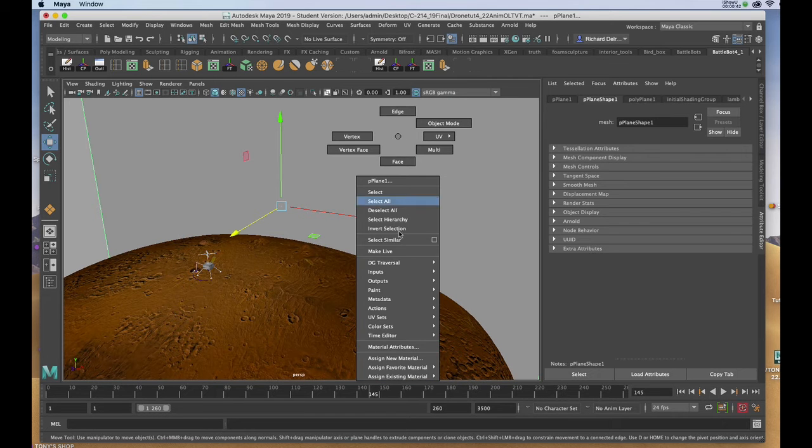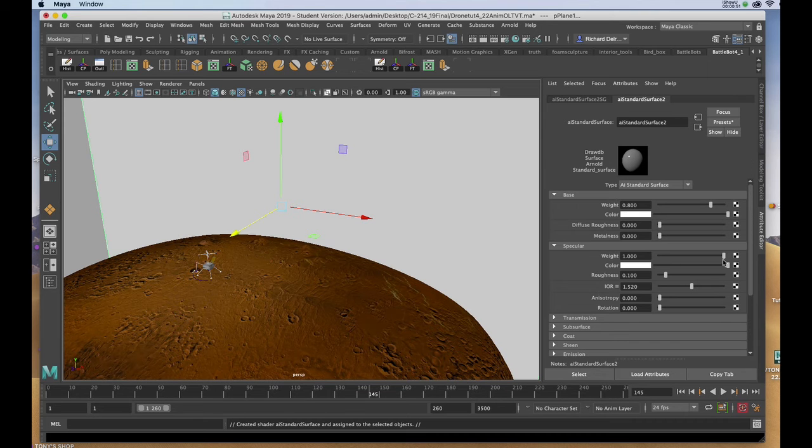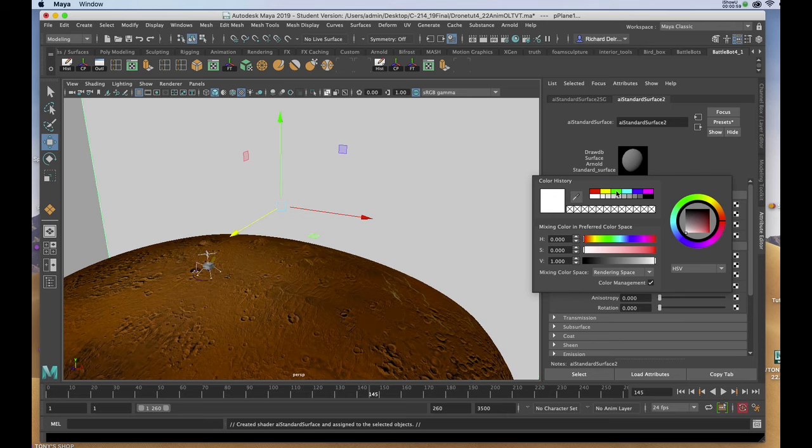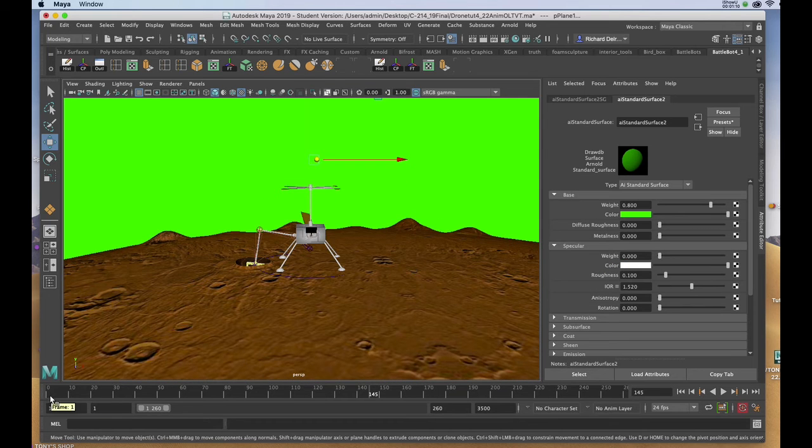Right-clicking on that plane, I'll assign a new material, an Arnold Standard, and I'm going to reduce the specular weight to 0, and then I'm going to change the color by clicking on the color picker to the default green. Now I would set up my animation for how I want the drone to come and go. And we want to make sure that it disappears in the upper left-hand corner and begins outside the view on